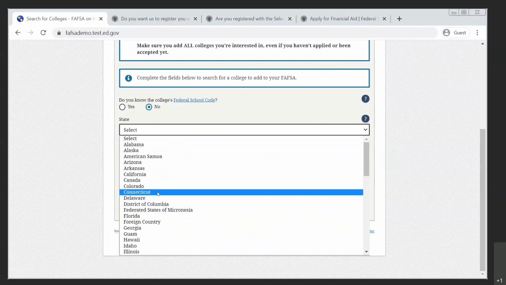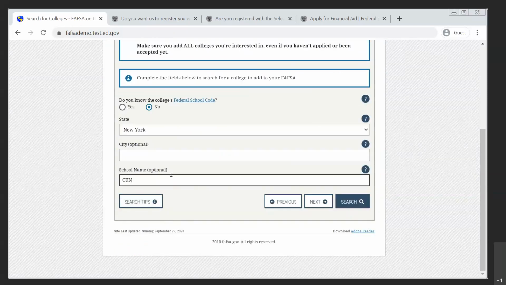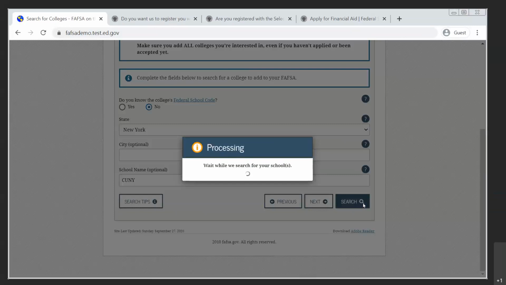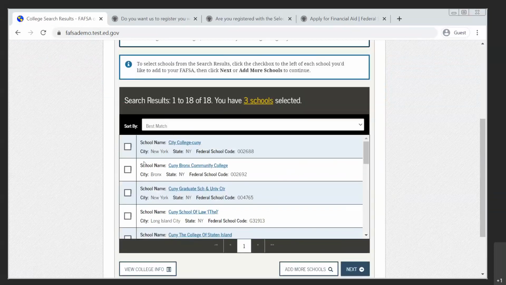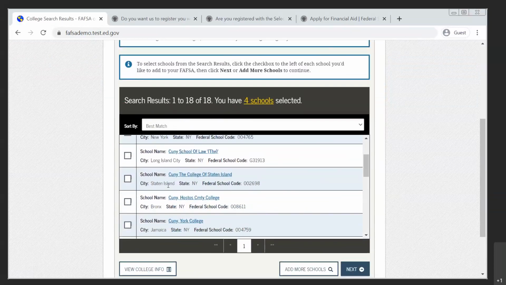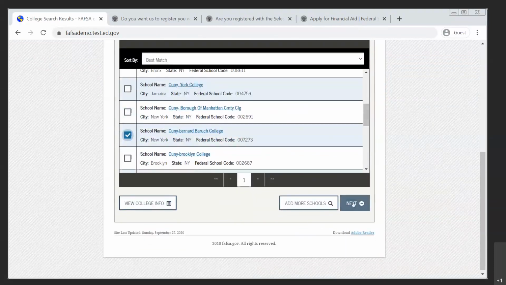So let's say, once again, not only am I doing SUNYs in New York, I'm also applying to a few CUNY schools. So I can put New York as a state, leave the city blank, type in CUNY for my school name and hit search. And now the system's going to pull up different names for CUNY colleges in New York, and here we have 18 options. So let's say I'm doing City College, I'm applying to College of Staten Island, CSI, so that's my school there. Let's say I'm also doing Baruch College. So I'll check off all the appropriate CUNY schools,